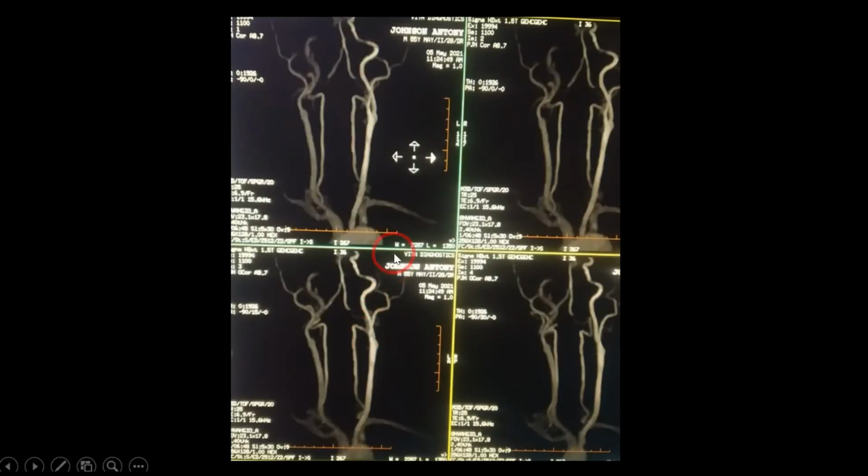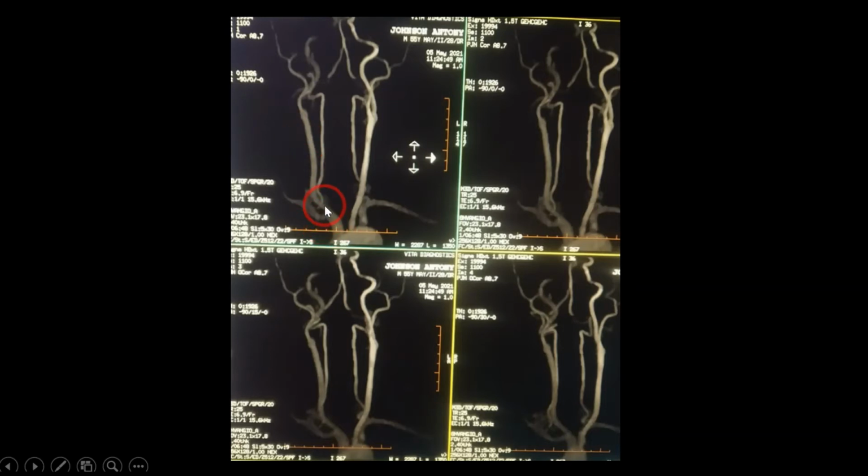Coming to the cervical, the neck part, this is one area where we have to spend some time. Let's try to read this angio and try to make out as much as possible. This is the arch. So always try to look at the arch and see the origin of the great vessels. Starting from here, this is the arch, this is the right side and this is the left side. This is the right brachiocephalic trunk. Brachiocephalic means it gives the subclavian artery as well as the common carotid artery. So this is the subclavian artery and this is the common carotid artery.